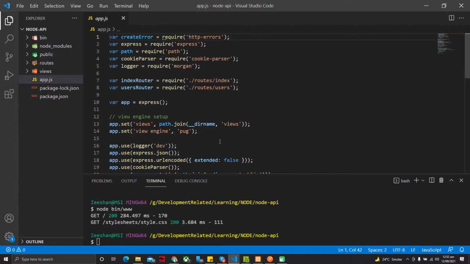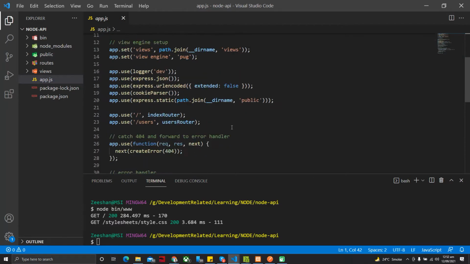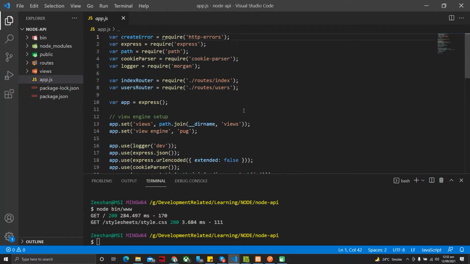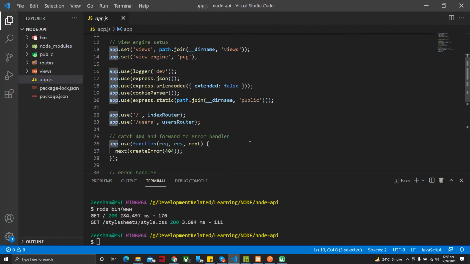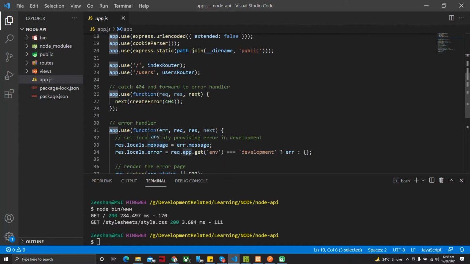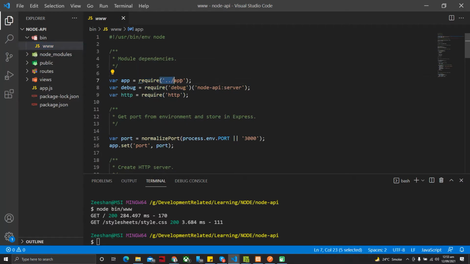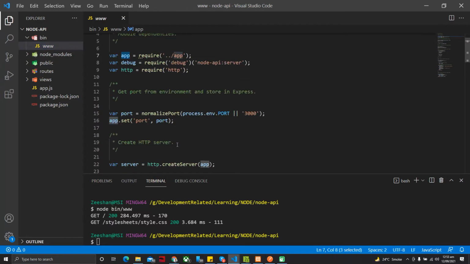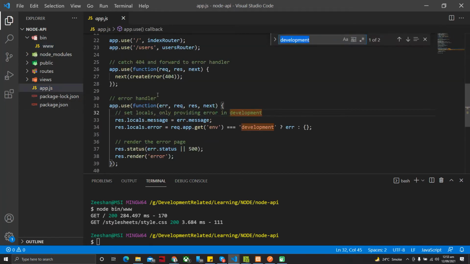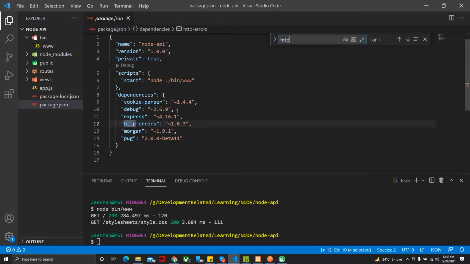First of all, in order to know about this, you have to have a little bit of knowledge of Node.js. For a Node.js application, you always try to create a server and all that. It depends upon your requirements. Now as we are running an API, we will need a server, and Express has already done it for us. For example, if I go to that particular bin www file that is further using this app inside it, it is creating an http server for us, as you can see here. http is a dependency that has already been installed, or you can say that is native to